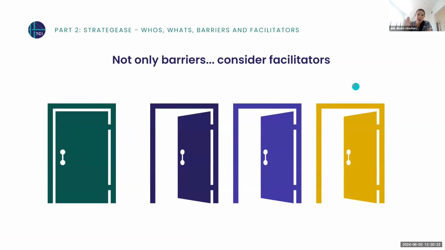I'm about to say the word barriers like 800 times in the next half an hour, but do not forget facilitators. I think it's so easy. Our brains, there's even research, human brains want to focus on the barriers. We want to talk about the challenges. There are facilitators out there, and these are clues that unlock how you can actually make change happen. To me, these are the keys to making everything easier. So even when I say the word barriers 800 times, please also think facilitators, because we want to make sure we're thinking about both of them.